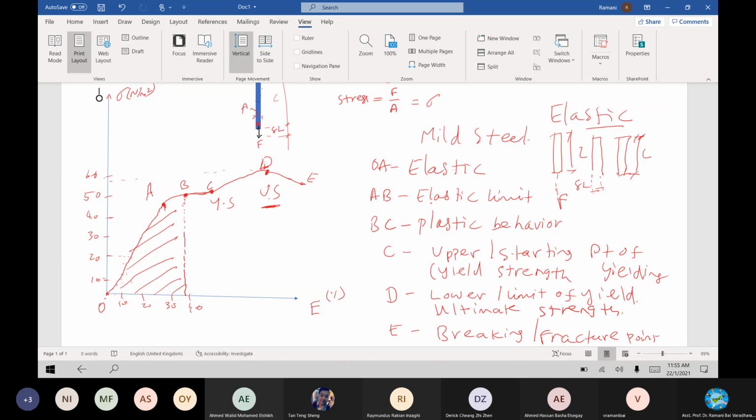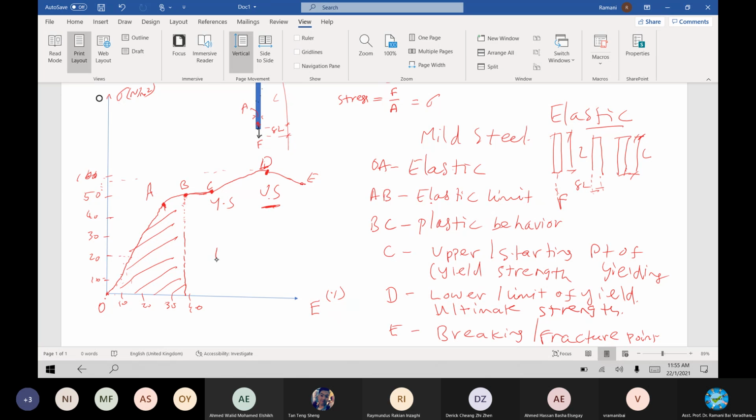ultimate strength, for steel it will be about 100 plus 100, 200. I put not to scale, 100 plus. Once it has reached the ultimate strength of the steel, no point you increase the load, it will start breaking. You cannot load anymore. So strain is increasing in this direction, right? That is why the curve is going down. For no load increase in this direction, the strain is increasing, or deformation of breaking is taking place. So you should stop loading the member until this point.